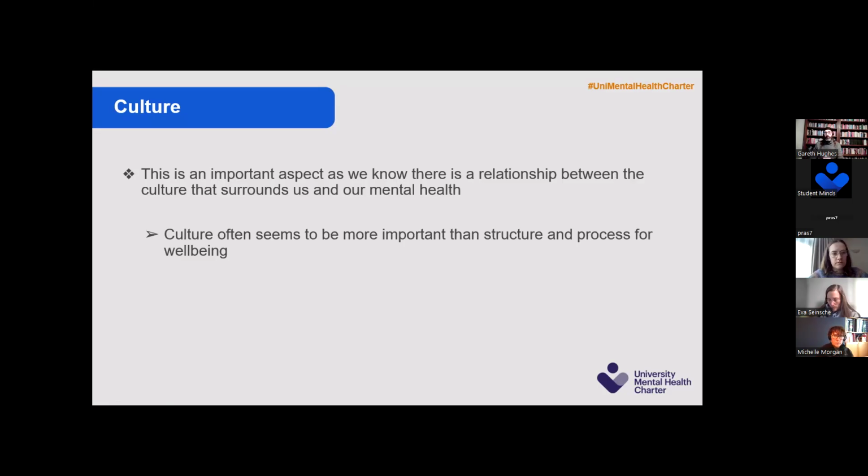One of the things that comes out of a lot of organizational work and research, and that also seems to come out of these reports, is that culture seems to be more important than structure and process. Whatever structure universities have and whatever processes they're using, culture seems to either override or undermine it. You can have good structures and good processes, but poor culture, which creates negativity.